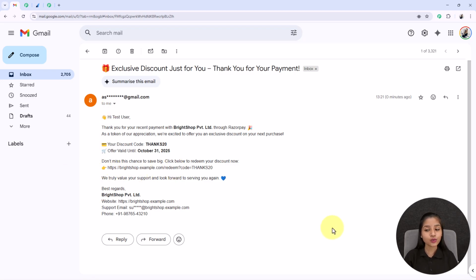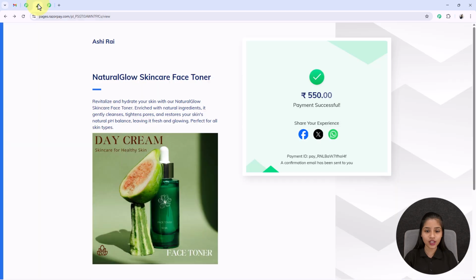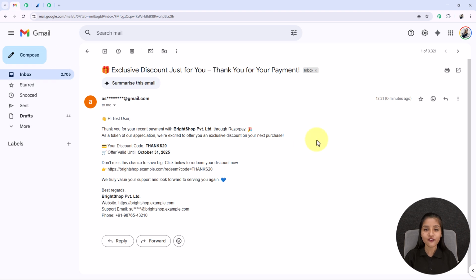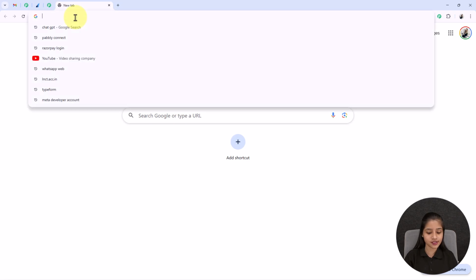So if you want to do this amazing automation where whenever any new successful payment is made through your Razorpay, then automatically one mail will be sent to your user's Gmail account, which includes the discount coupon and the links, then you have to follow the step-by-step instructions that I am giving you in this video. So let's get started. At first, you have to click on a new tab and search